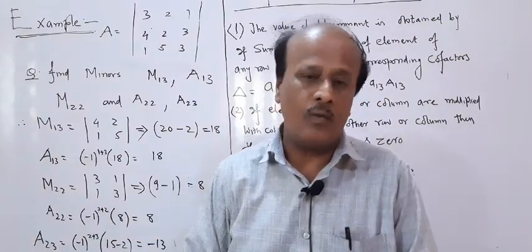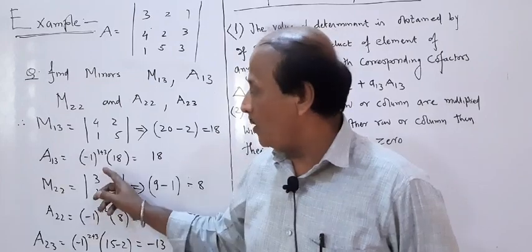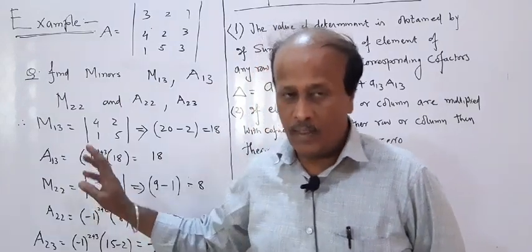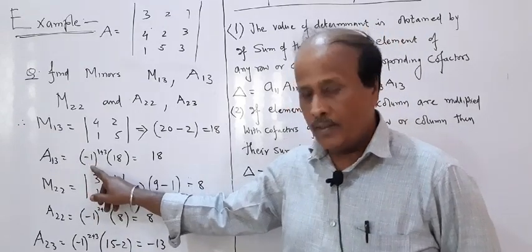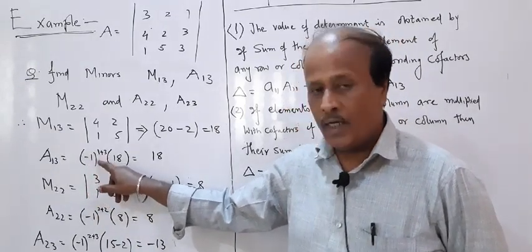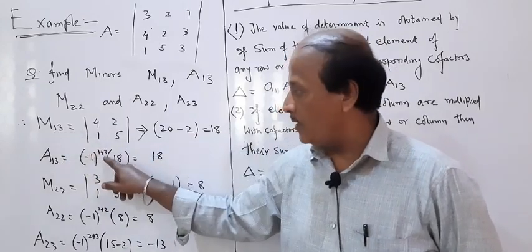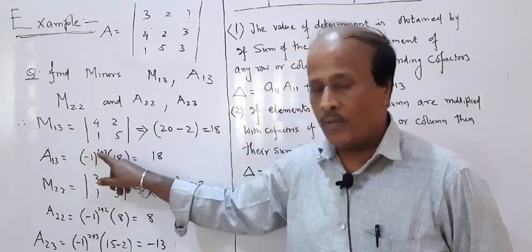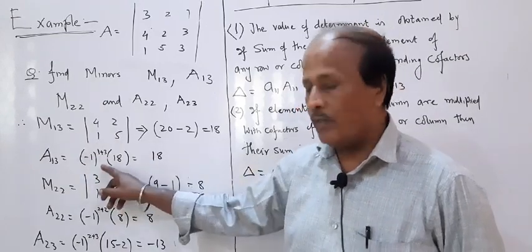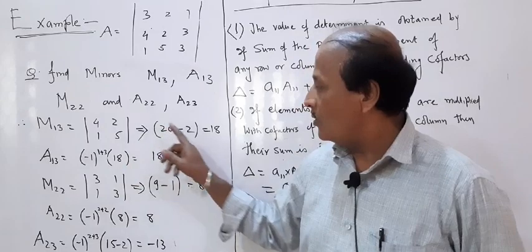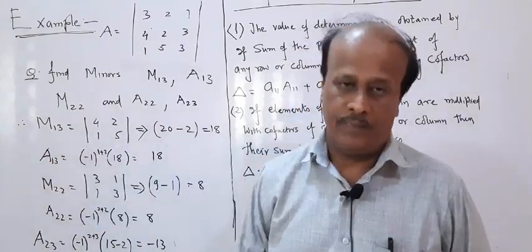And how do I define cofactors? A cofactor is nothing but when you put the proper sign on the minor, you get the cofactor. Now how will you get the sign? The formula is minus 1 to the power i plus j, the sum of the place values, 1 plus 3. So minus 1 to the power 1 plus 3, the power is even, so there will be no change in the sign. So in this case, minor and cofactor will be 18 only.